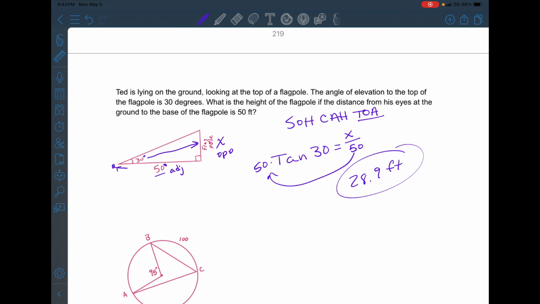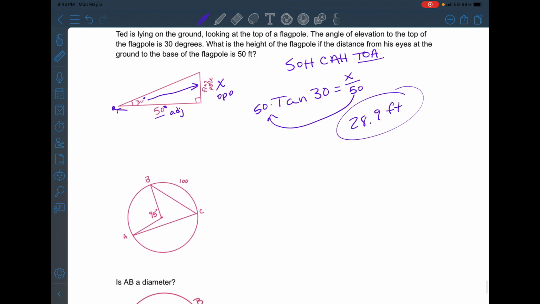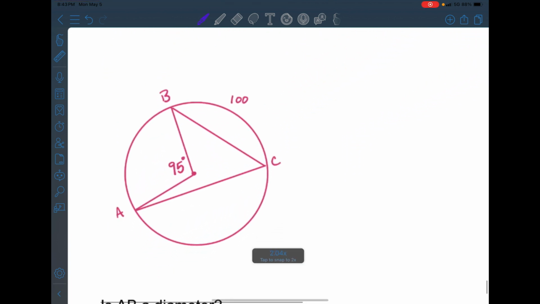All right, let's talk about this. Let's go ahead and just label things that we don't know. All right, so